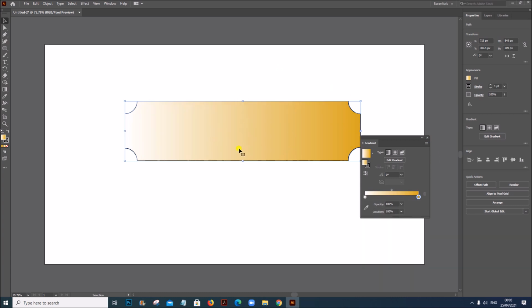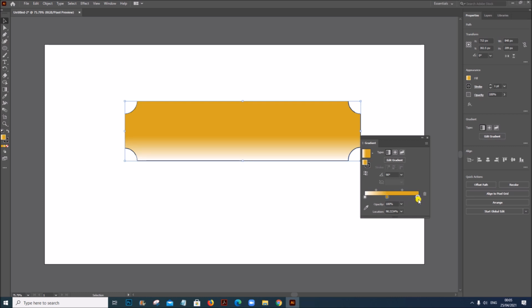And it's a vertical gradient, so just make the angle 90 degree and you can see this color has to be in the middle. And here we have to add one more gradient with white.